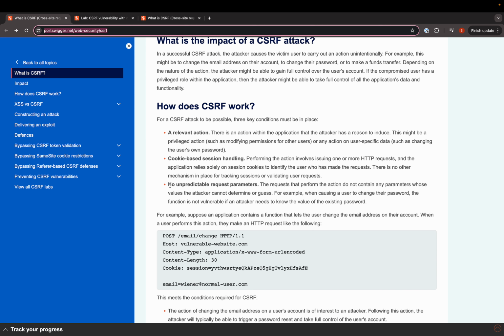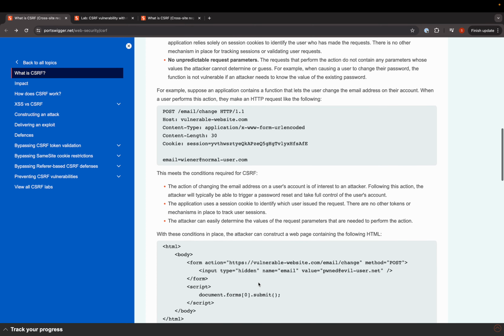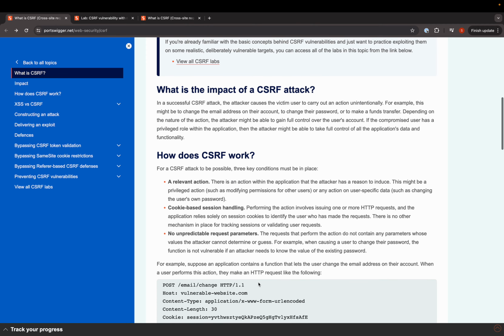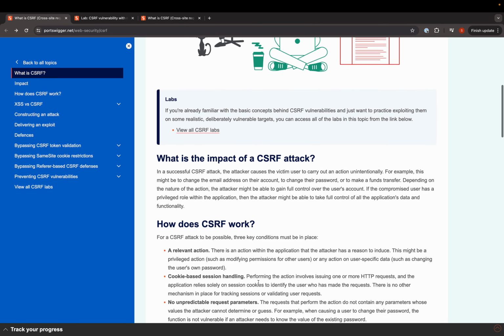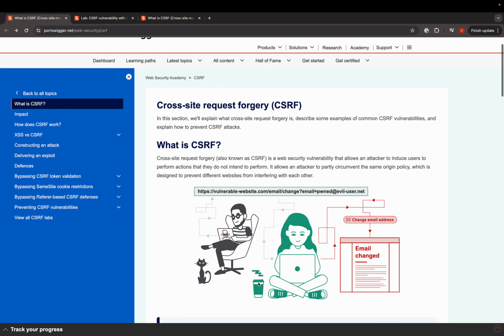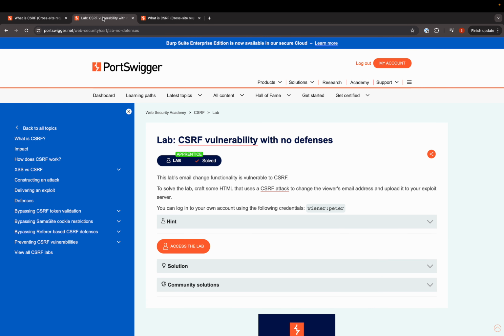And the third condition is no unpredictable request parameters. For example, in the case of an email change, there should be no other required parameters that will make the request fail. So those are the three major conditions for a CSRF. When you're looking for a CSRF, you must have a feature that you want to exploit, the website must be using cookie-based sessions, and there must be no unpredictable parameters. With that knowledge, we can go ahead and see our first lab,